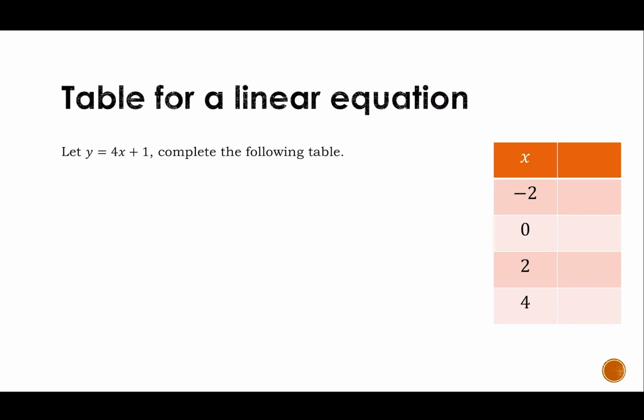So I have y equals 4x plus 1. I want to complete the following table. There's supposed to be a y right there. But we're going to go ahead and complete this table. So I have y equals 4x, but my first x is negative 2. 4 times negative 2 plus 1. Y equals negative 8 plus 1. Y is negative 7. Okay, so when x is negative 2, y is negative 7. If I was looking at a picture of this graph, that would hold true. Next, I have